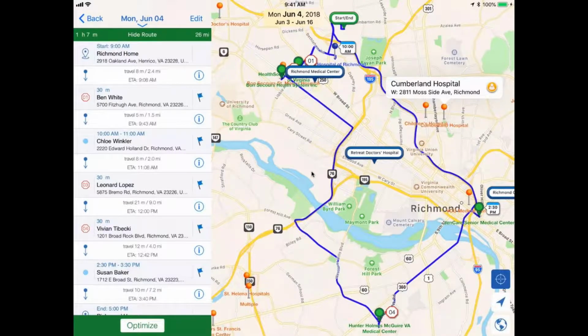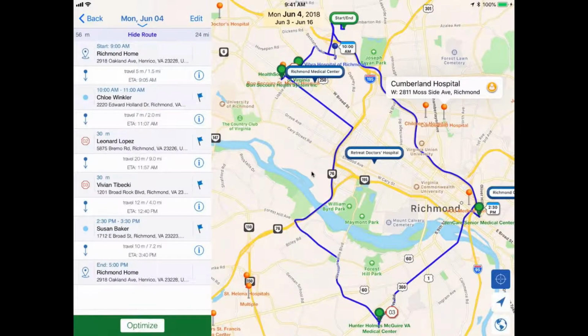So calendar appointments work a little differently. They will disappear, or be marked as complete, I should say, when the appointment time has lapsed. So what you're seeing now is Marianne is in her trip list. And as you can see for Ben White, stop number 1, there's a blue flag here. If you tap on that, you actually have different statuses that it can be set to. And to remove a drop-in visit, you would want to set that to complete.